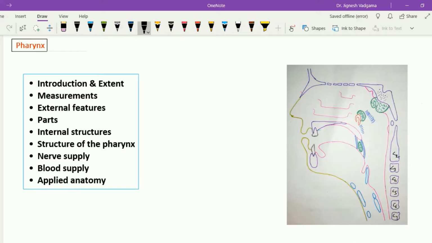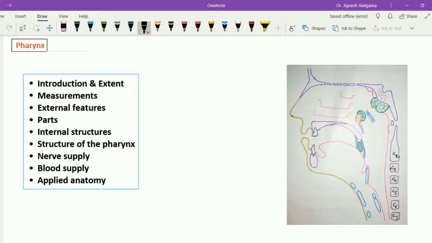Hello, let's see the anatomy of the pharynx. For better understanding of the anatomy of the pharynx, we will study this topic with the introduction and extent, and then we will study the different measurements of the pharynx. Then we will see the external features, from where to where it is extended, and which are the structures related